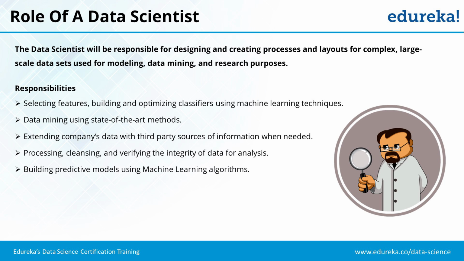Then third is extending the company's data with third-party sources of information when needed. As I said, for the retail chain example, we had point of sale data, that is, the kind of sales that these retail chain stores are making. But we had to go the extra mile to understand the geography of those areas, to find out that in these areas there were more people who were politically influential and they were exerting pressure on these stores to give items for free or as gifts. So this comes when you look for sources that are beyond the information that is already provided to you.